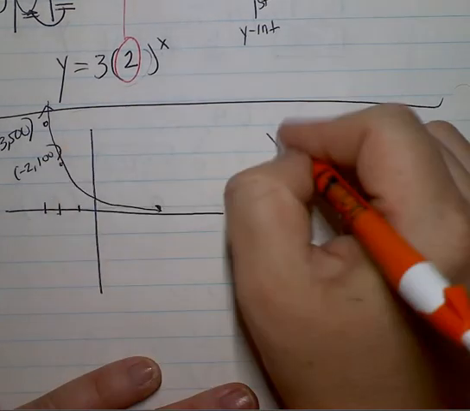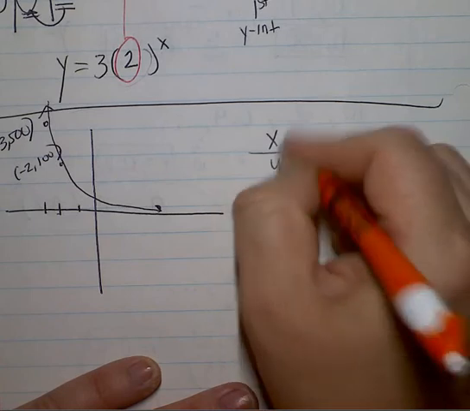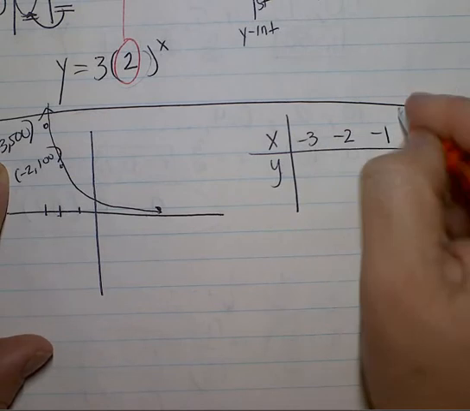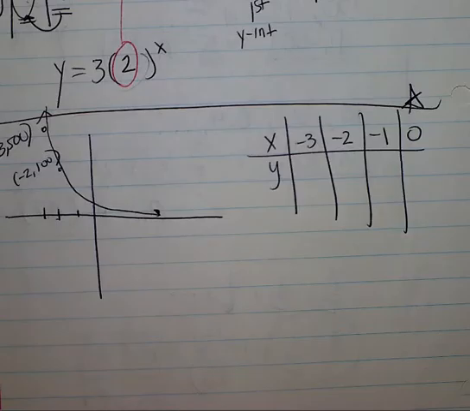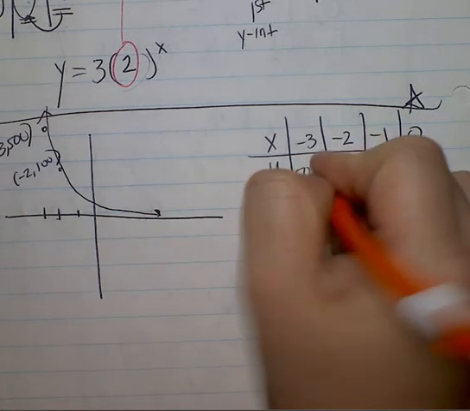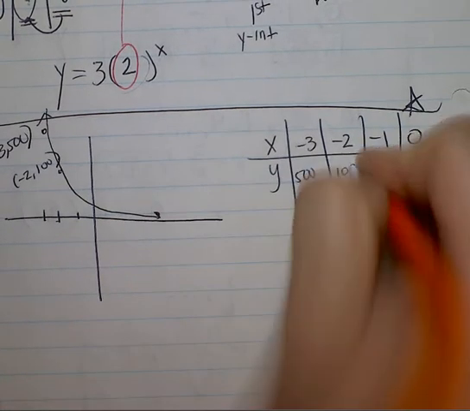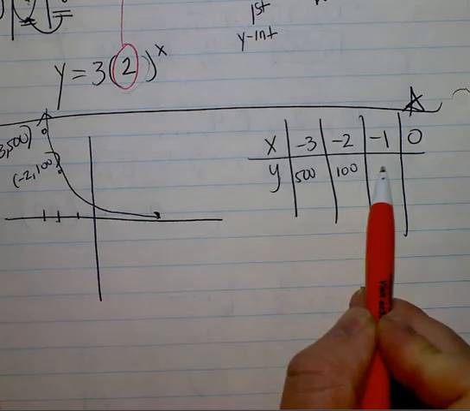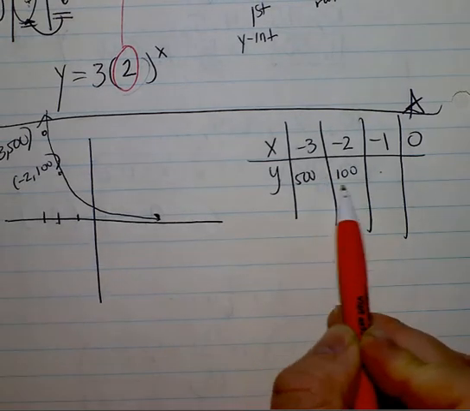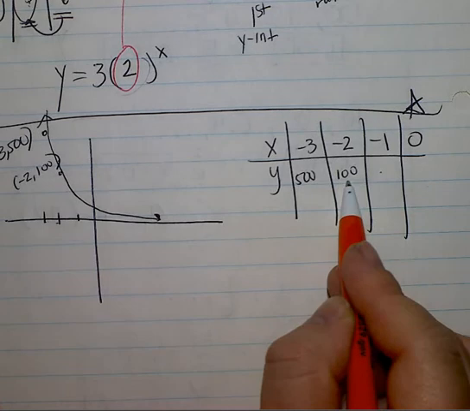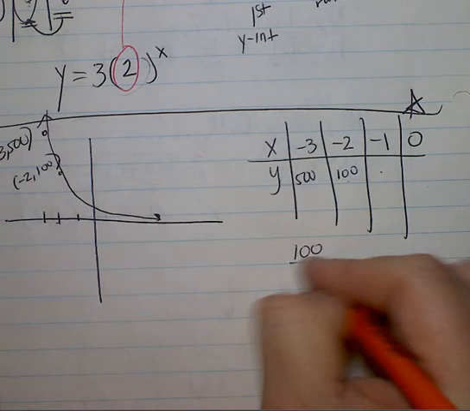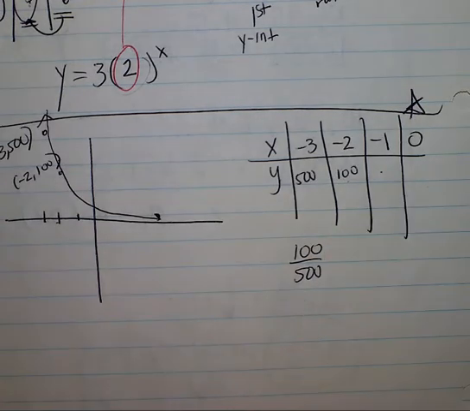Well, first make yourself a table. And I can see that we're starting with the negative. So negative 3, negative 2, negative 1, and 0. 0 is what I need to know. Negative 3 goes with 500. Negative 2 goes with 100. Okay, so how do I get to this number? Can everybody see how we're going down? Okay, please take 100 and divide it by 500. 100 divided by 500, and you end up with an answer of